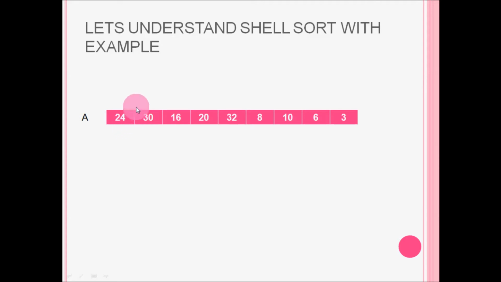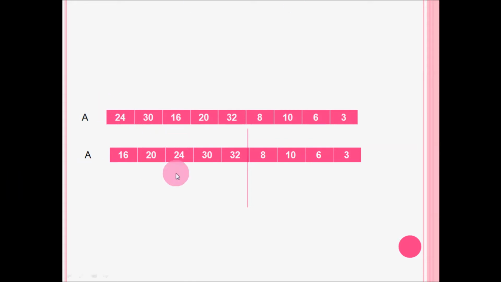In that, at some point of the sorting, your array is like this. Am I correct? This is your sorted sublist and this is the unsorted sublist. What exactly are we doing? We are picking one item from the unsorted sublist, comparing it with the adjacent element and shifting or swapping the element by one. Isn't it?